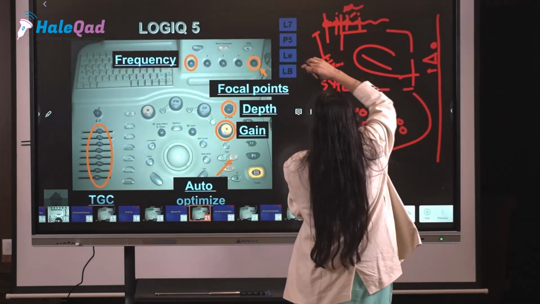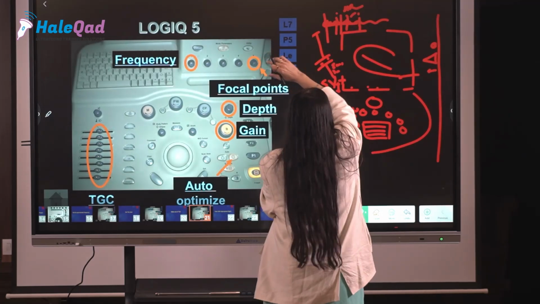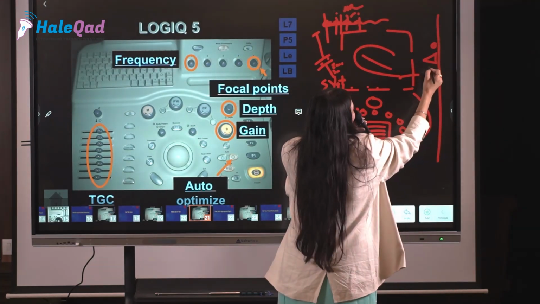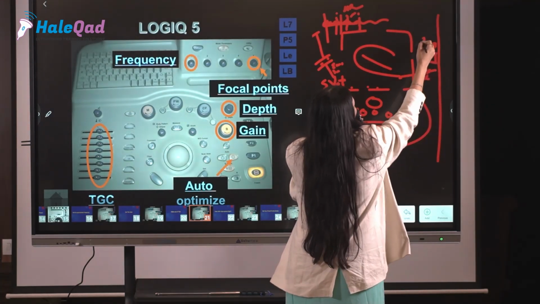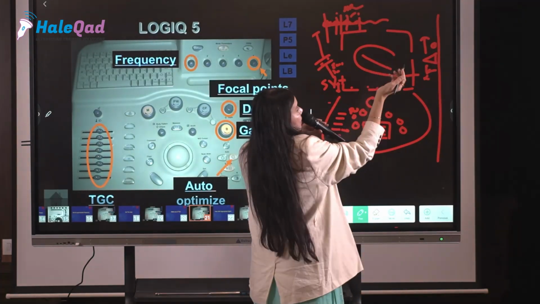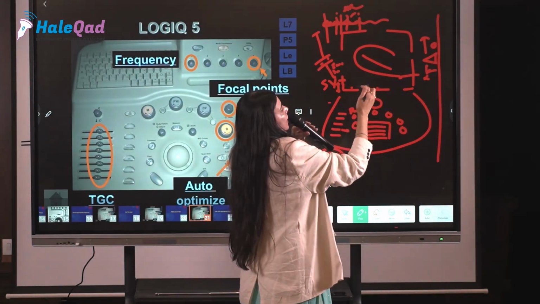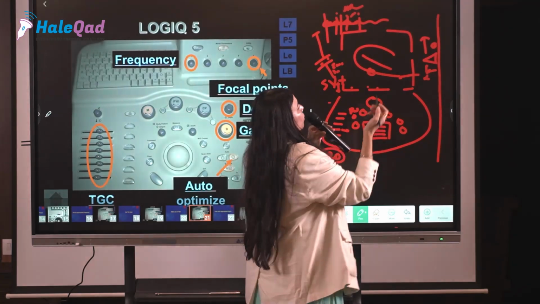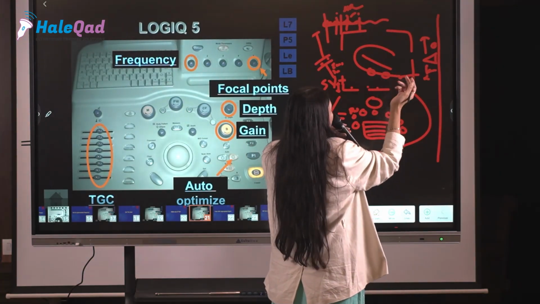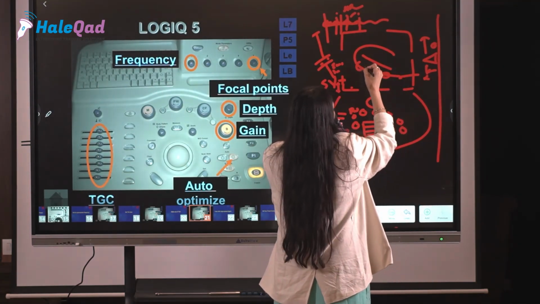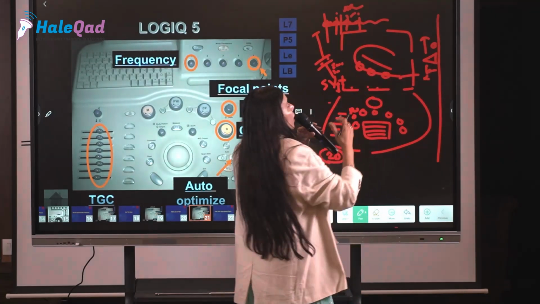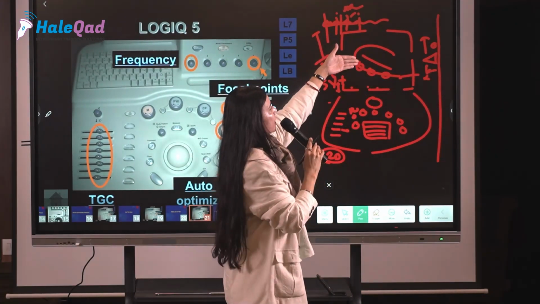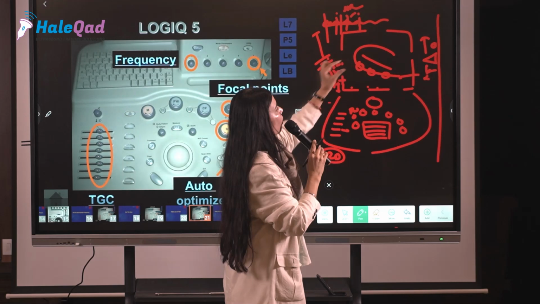I will rotate this focal point knob, and this focus will move up or down as per rotation. I am seeing an image which I have focused very nicely. I am seeing a small fibroid here, or an adenomyomatous focus, or a calcified spot. Now my area of interest is only this small region.